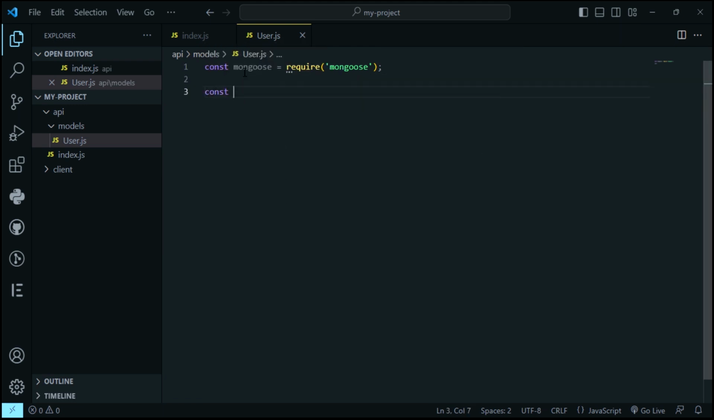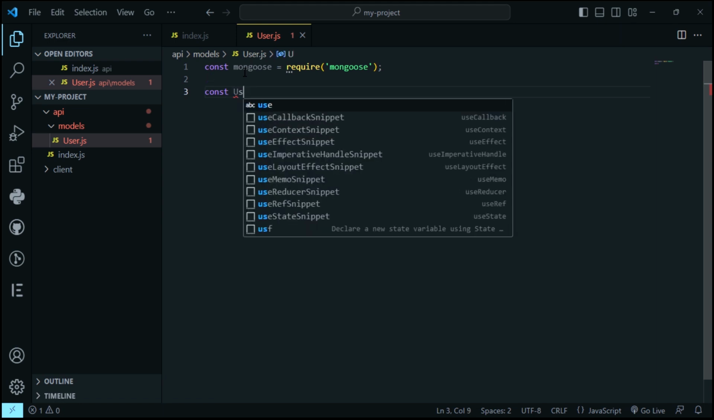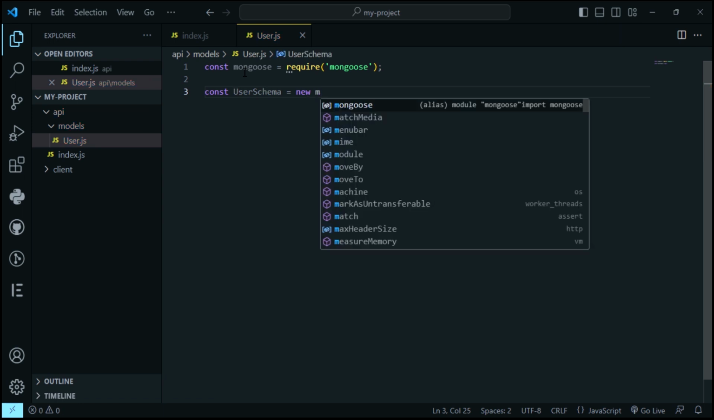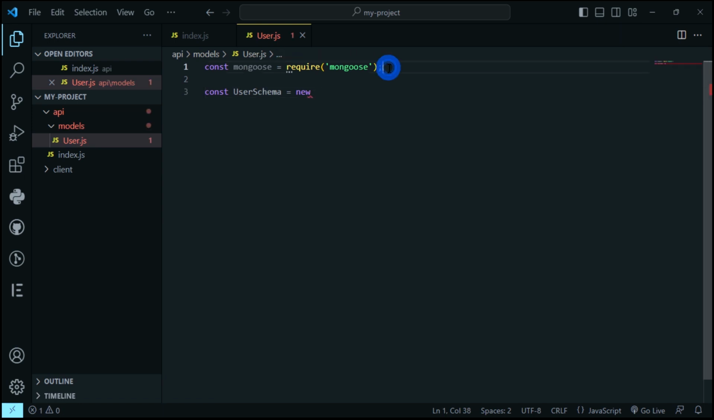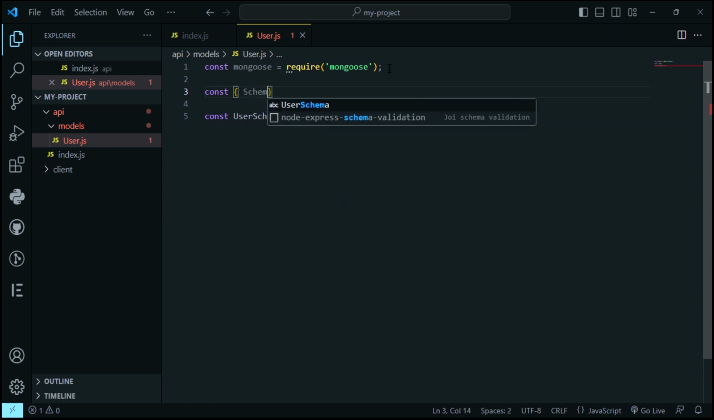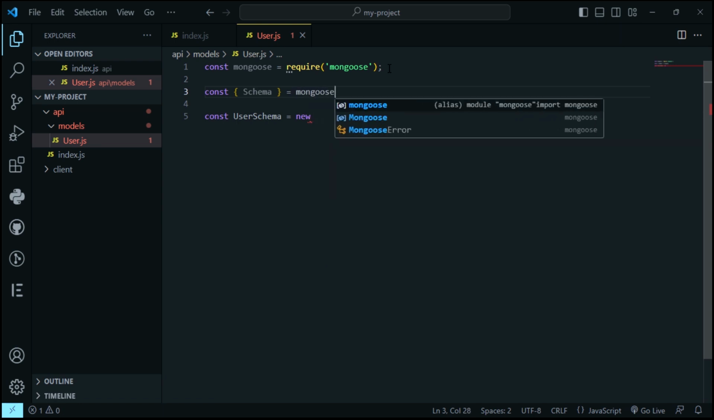So it's going to be const userSchema is equal to new mongoose.Schema, but instead of doing that, we can just declare the schema here by saying const and then Schema. We're going to take it from mongoose like that. So here we are going to create a new schema,